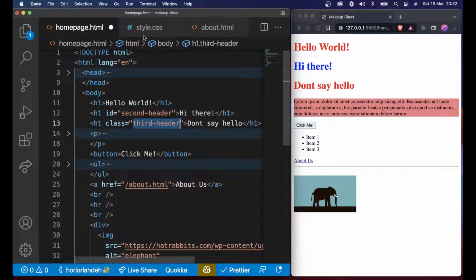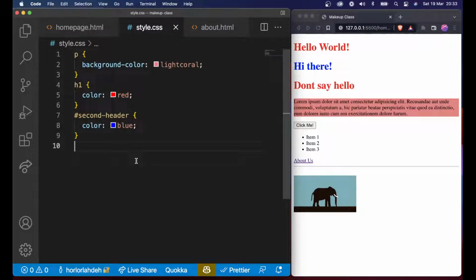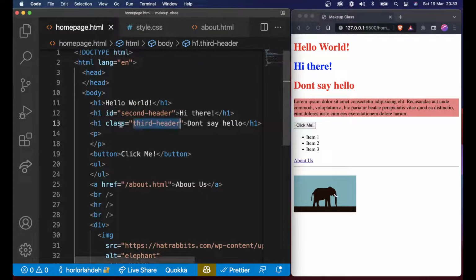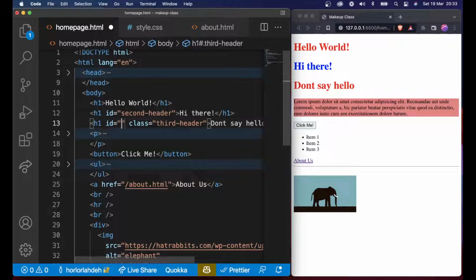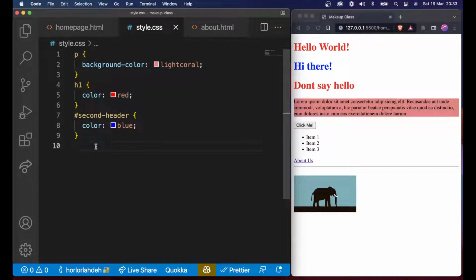So I'm going to copy this property and the class name with Control C, and you see that nothing changes. But when we go here, how do we now tell CSS that it should select this element? And by the way, let me just apply an ID as well so that you can see it in a clearer light. So let me say third header. So we have third header as an ID, and third header as a class name. So how do I tell CSS to style this header with a class name, not with an ID? So you can see now that I'm going to use a dot to target that element, and dot